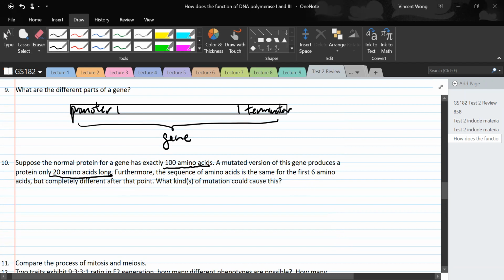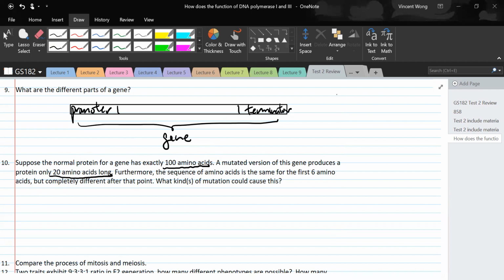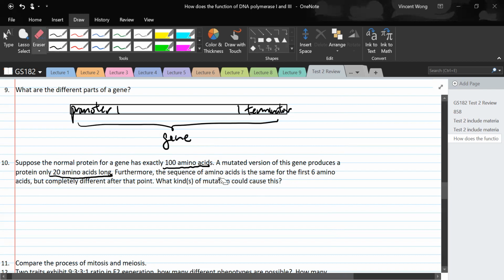What kind of mutation is this? Well, first of all, the mutated protein is much shorter than the original one. So there has to be some kind of nonsense mutation going on. Okay. But it says furthermore, the sequence of amino acids is the same for the first 6 amino acids only,